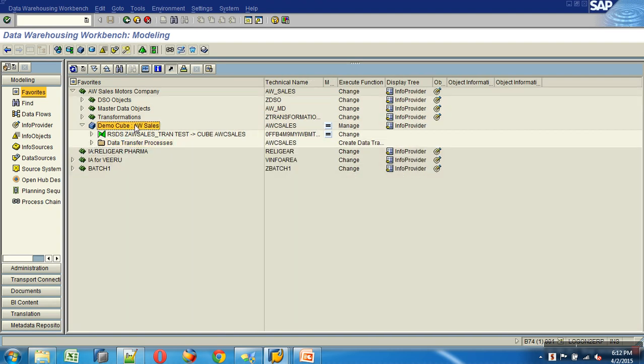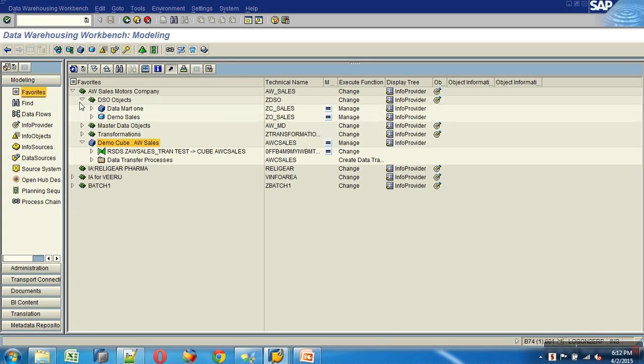let's say once we have the data in these cubes. So cube is considered as data target while loading. Let's say you're extracting from source and loading in, so we consider that as data target. But when it comes to reporting, since we're going to do reporting on top of this cube, we consider cube as info provider, because it provides information to your queries. So we call that info provider. So we can do either reporting on cube, or we can do reporting on DSO, all possible here.